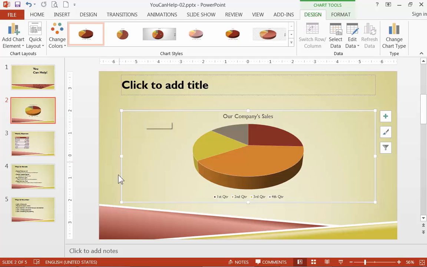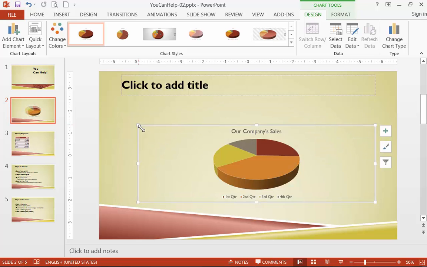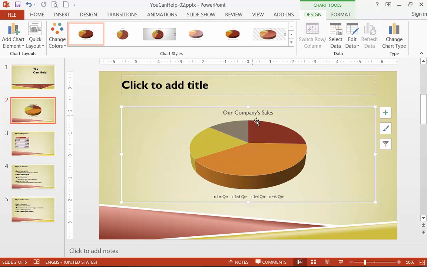Notice that there's a white border line around this pie chart, and it has little square buttons. Those are called resizing handles, and when I click and drag those, it changes the size of the chart in the slide. Notice that when this border line is displayed, then you can see and use the chart tools up here. These are called contextual ribbons or tools,